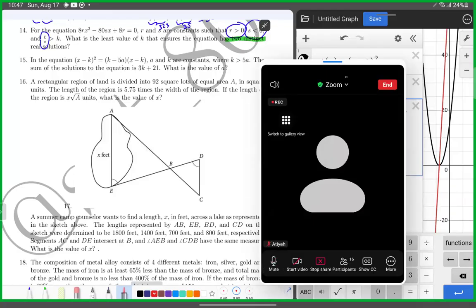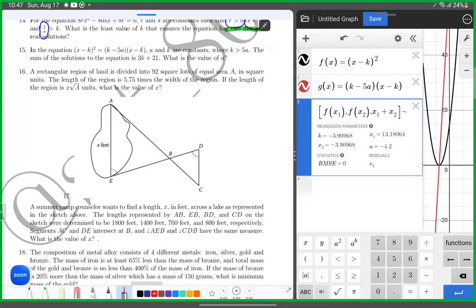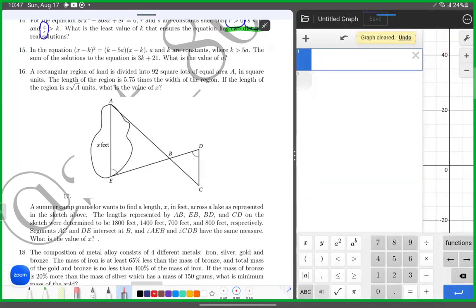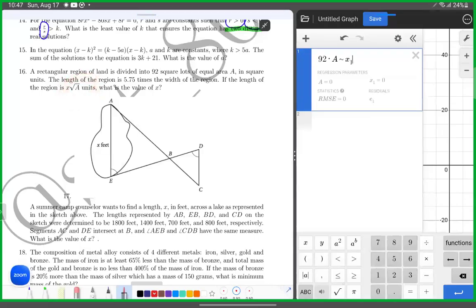So guys, let's continue. The next question is a popular SAT question. Given a function, a rectangular region is divided into 92 squares. So 92 times A will be the total area of it. On the other hand, it's equal to length times width. Now, the width is given, which is some x1 value, root of A,